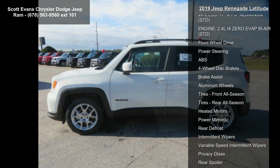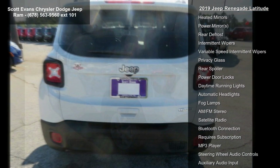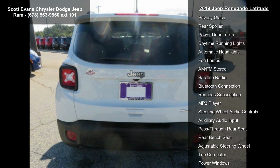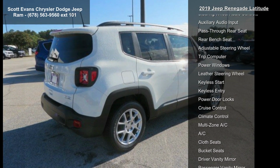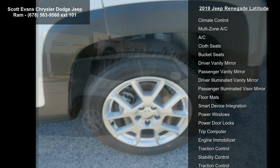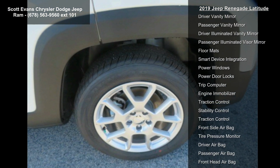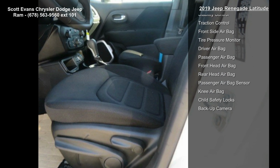alarm remote start system, quick order package 2XB included, engine 2.4 L I4 MultiAir, transmission 9-speed 948TE automatic, Alpine White clear coat, black premium cloth bucket seats, tires 215/60 R17 VSW Touring STD, passive entry remote start package included,